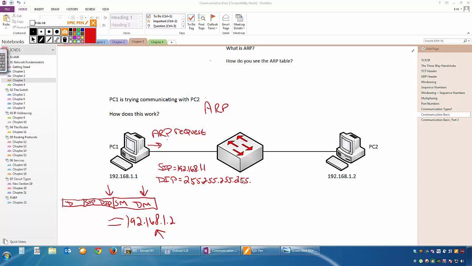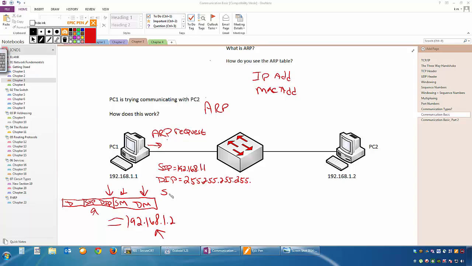Wait a minute, what did we just learn about that? That's a broadcast address. I'm going to be sending out a broadcast. Well, what else do I need? What do you always need for communication, no matter what you're doing? IP address and MAC address. So even with this ARP request, I have to fill out these headers. Wow. Yes, everything that goes out needs to go through that stack.